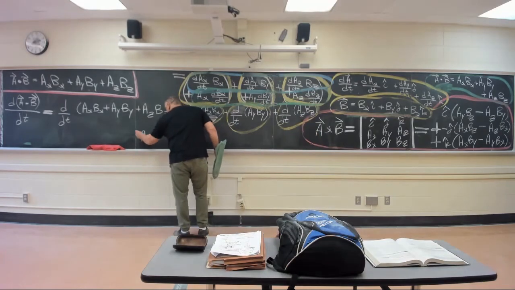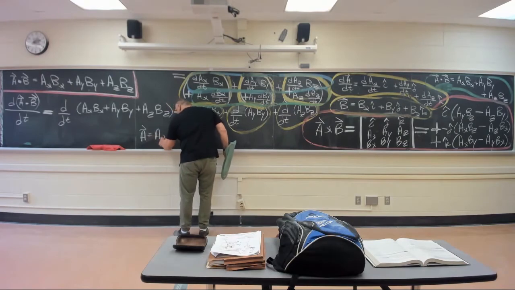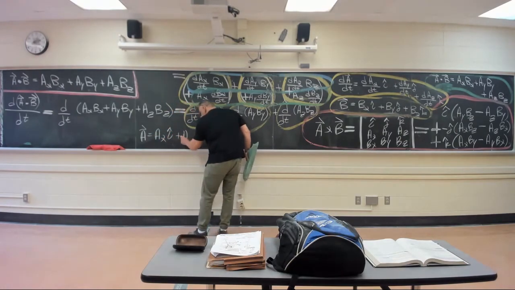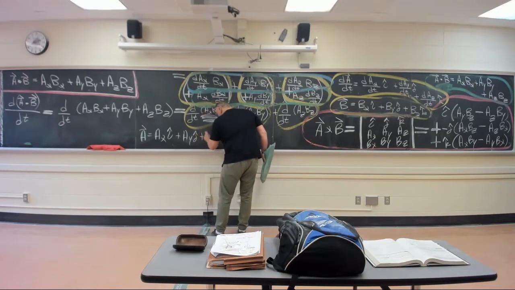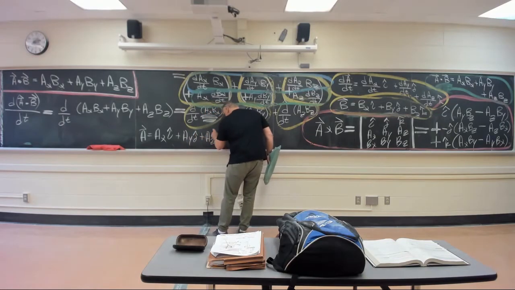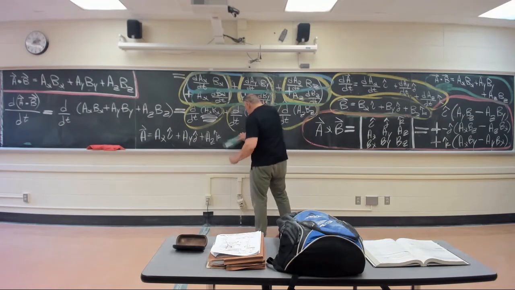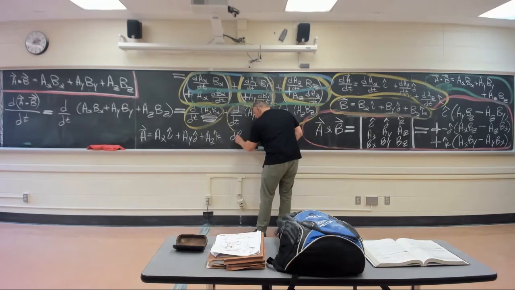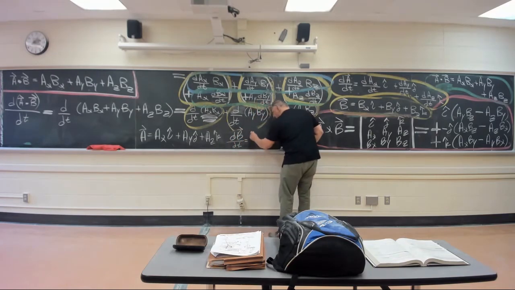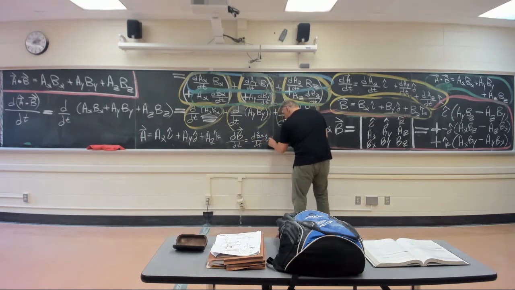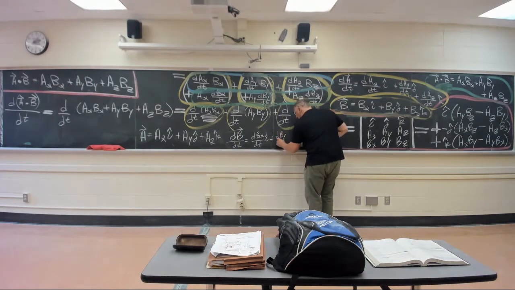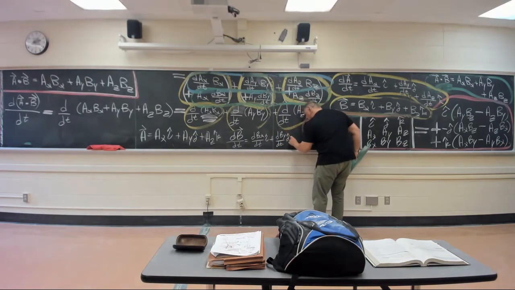We said that A vector was equal to Ax i hat, Ay j hat, Az k hat, and dB vector/dt is dBx/dt i hat, dBy/dt j hat, dBz/dt